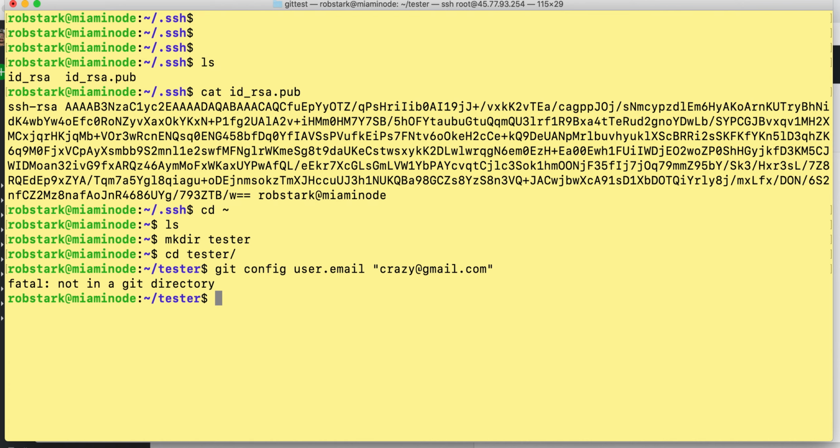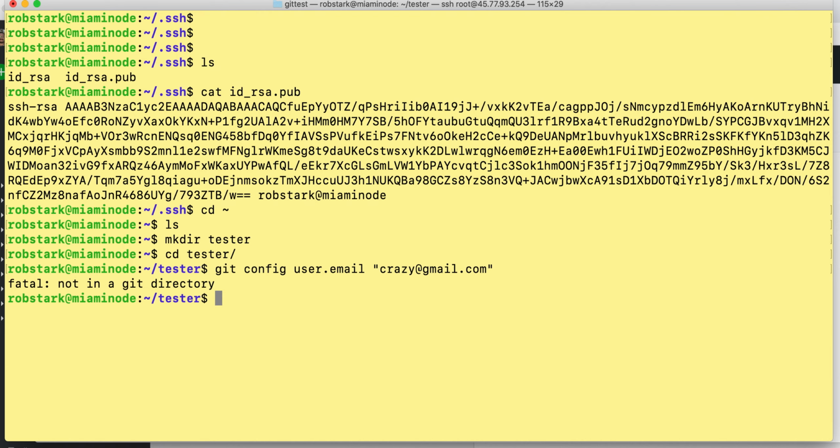Oh, okay, never mind. We'll do that in a minute. Okay, that's right. So what we're going to do is we're going to do this first. We're not in a Git directory. We could do git init, but don't do this yet, because I think you're going to like what I'm going to show you here. Yes, that is a way to initialize a repository, but we're not going to do that,